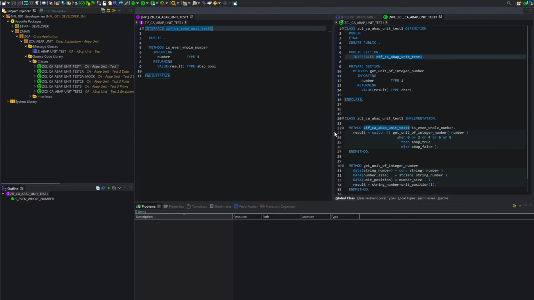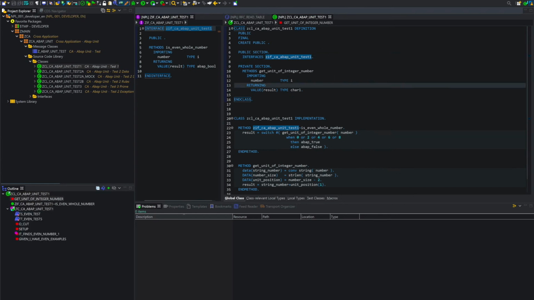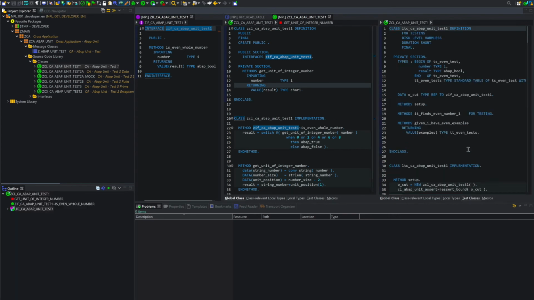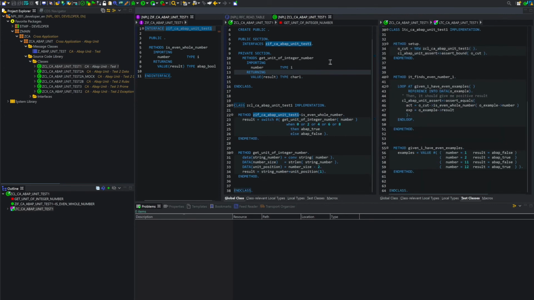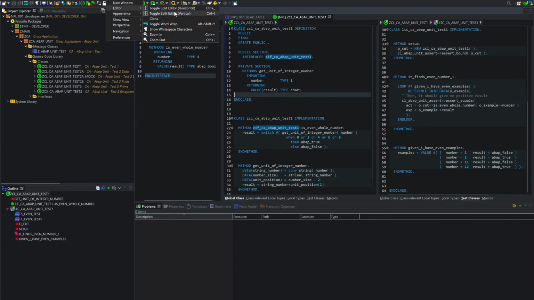What you could do also is to split the same screen from the same object. You could do it one time. Now I want to split this screen in two parts, so I have the same object open in two parts. If you have very, very long code, you could see two parts of the code at the same time. Or better, when you do ABAP unit, you could go in the test class at the same time you see the real code. To unsplit, you just have to do exactly the same.